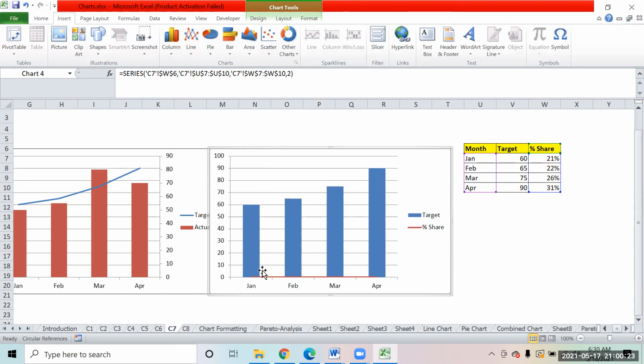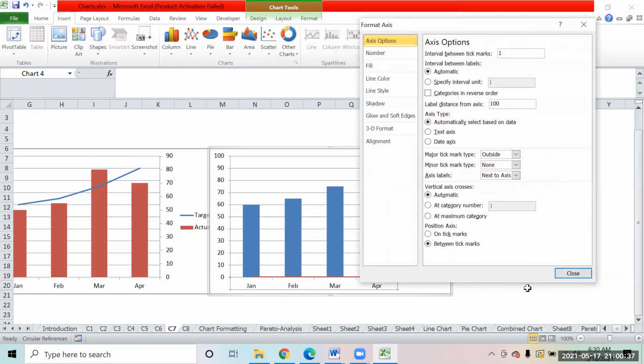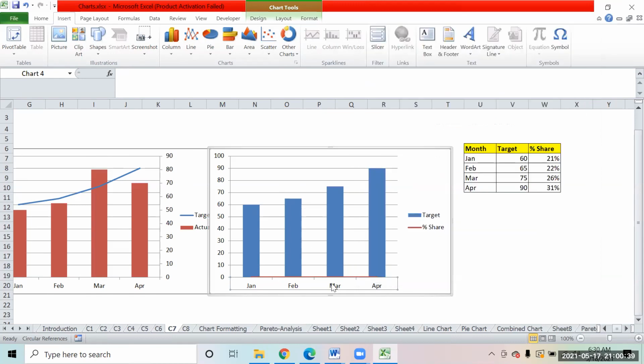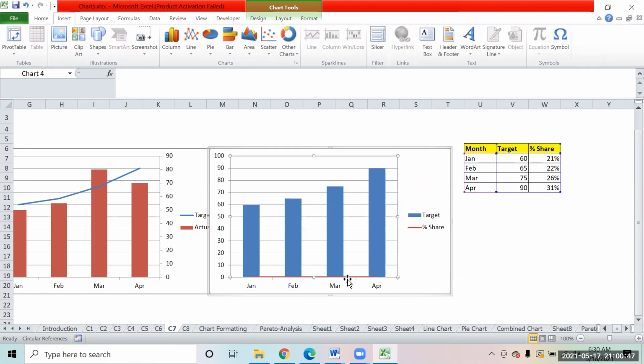So I get a line chart over here. Now again, this line chart is coming at the bottom because the number is so small. So on this line, I right click and say format axis. Not this one. It becomes a little tricky to catch this. Not that area.